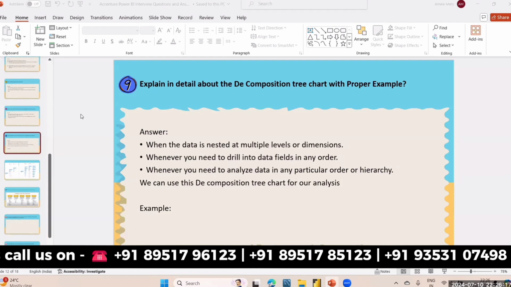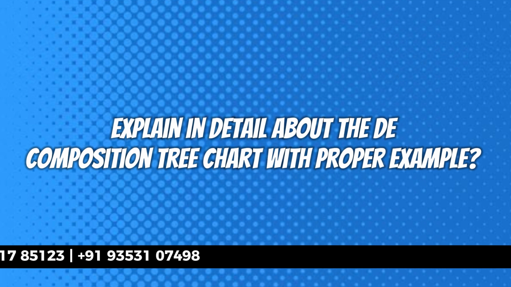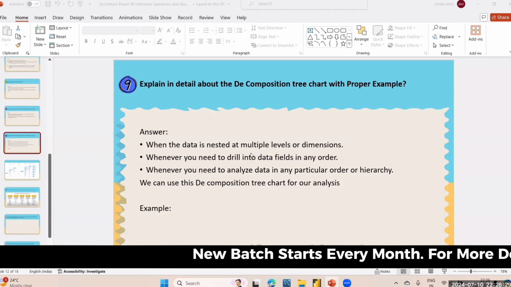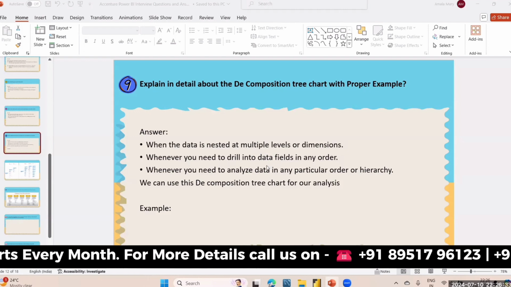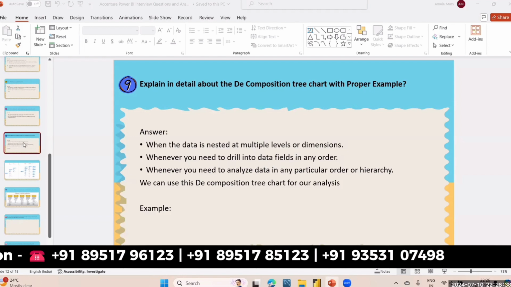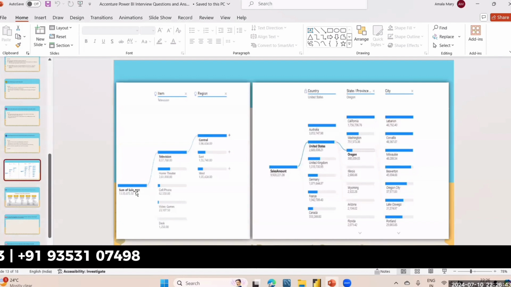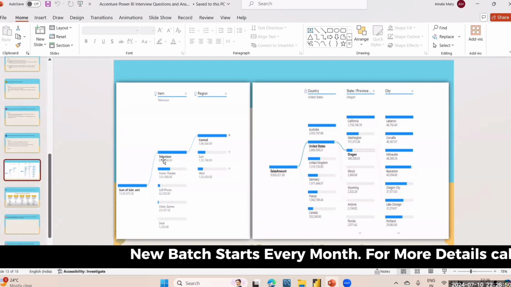The next question is, explain in detail about the decomposition tree chart with proper example. This decomposition tree will help us to see the data in multiple levels. If we have any data which has hierarchical information, suppose in the example we have sales related information, and we want to drill down to see which item has made the highest sales,